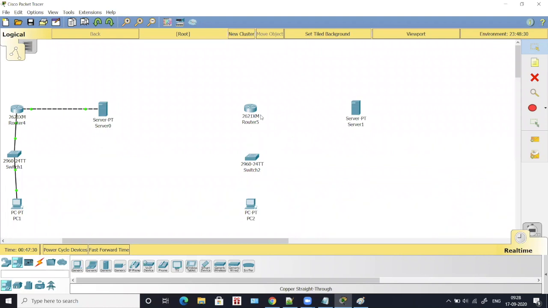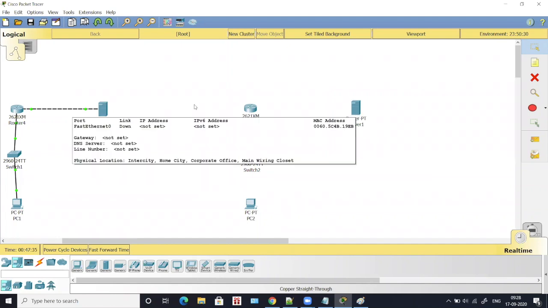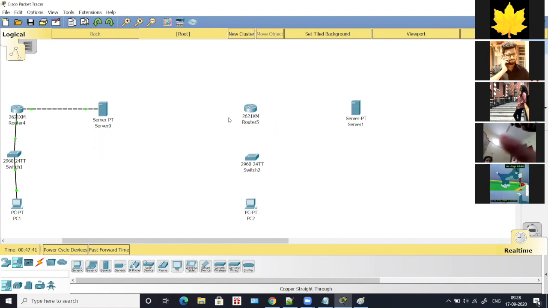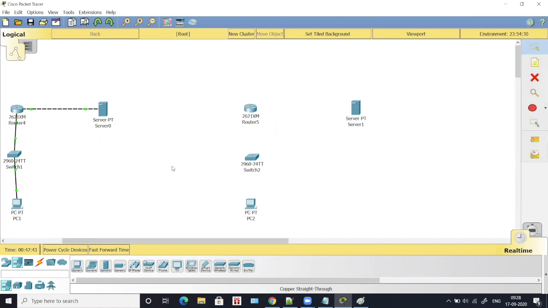Okay. So we have a router, we have a switch, a computer, and a server. Yes. Now, once we have all this, what we have to do is we have to connect all these devices. So let me connect the router and the server first. To connect a router and a server, you have to go with copper crossover cable. Okay, a cable which looks something like this. So you have to choose this cable, click on the router. It is going to ask you in which interface. So let's take either 0/0 or 0/1. I'll take 0/1, and you have to connect it to the server fast ethernet.